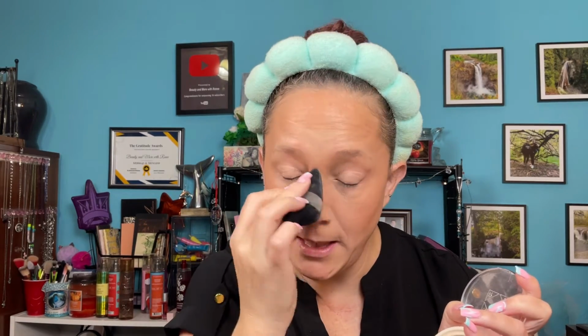I used a little bit of my Glam Light setting powder to set my face. I do need to use a little bit of the Ofra Pressed Powder Oil Control. I just kind of dip my little triangle poof in there, and I mostly get it right in my T-zone because that's where I tend to get a little oily,